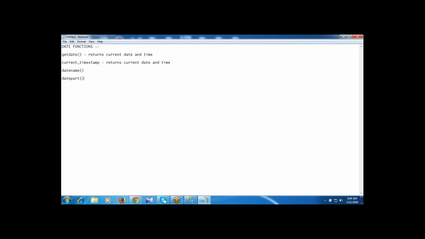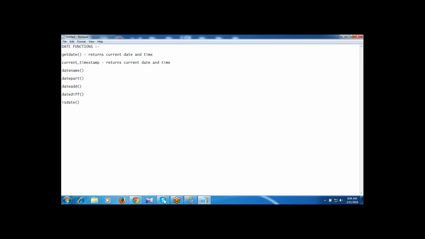DATEPART, and DATEADD, where I am going to add the number of months, years, or days. DATEDIFF gives the number of months in between the given dates. Each date function returns boolean values, true or false. If I am giving a date value as argument, it will return 1. If I am passing a character, then it will be 0. Boolean values, that is zeros and ones. These are all the date functions we are having.